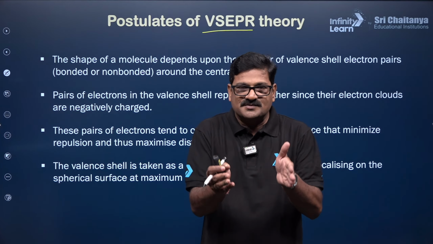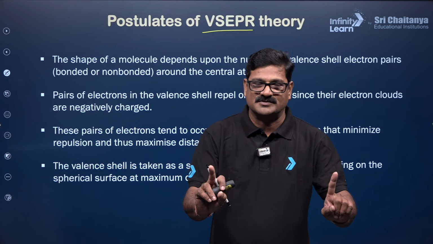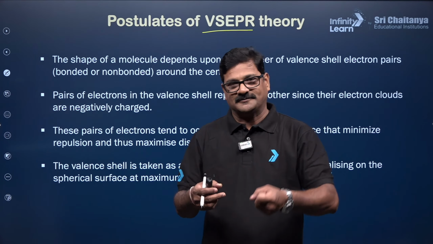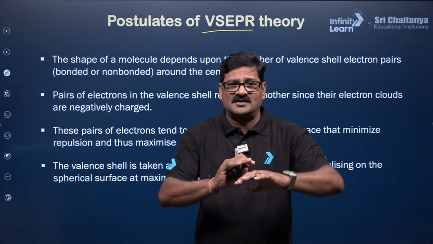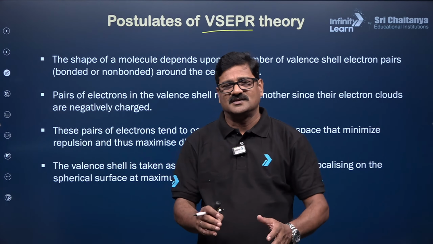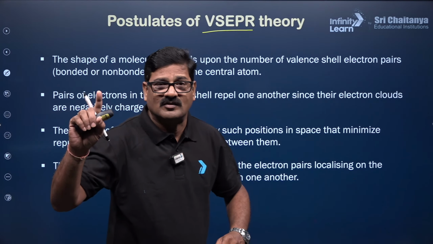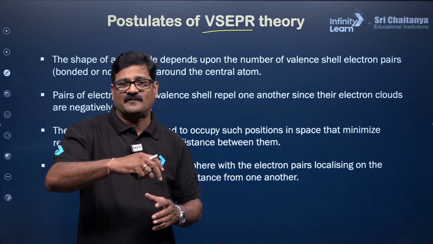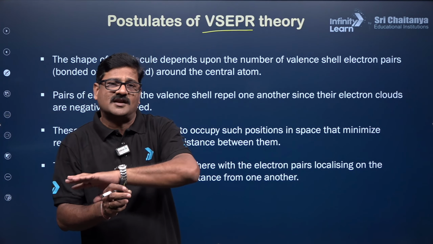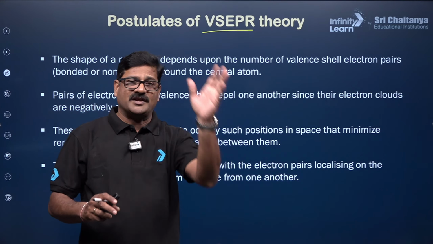So this bond pair of electrons exists between the two nuclei of the bonded atoms, so they are tightly bonded. When they are tightly bonded, they exist compactly, so they don't move here and there, and they cause less repulsion. While the lone pair of electrons is controlled only by the central atom, there is no other atom on the other side, so it is going to have more space and more